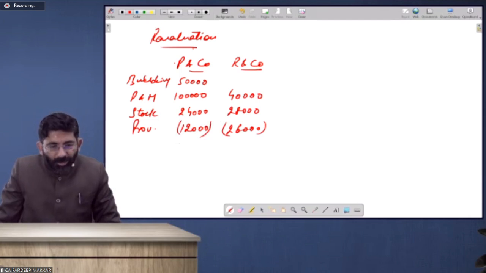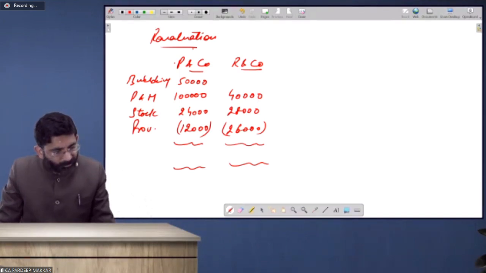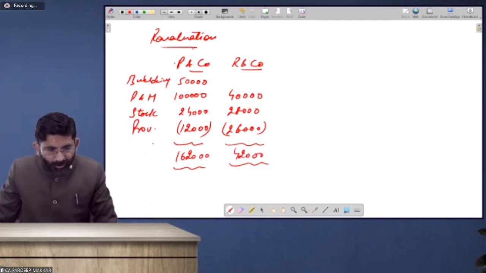That's it. So with this, you will be able to get the profit or loss on revaluation. Whatever is the profit or loss on revaluation, it is 1,62,000 and 42,000. So this is a profit on revaluation